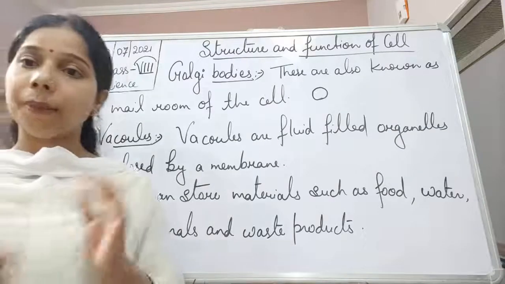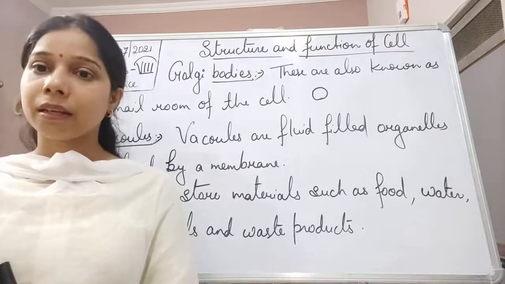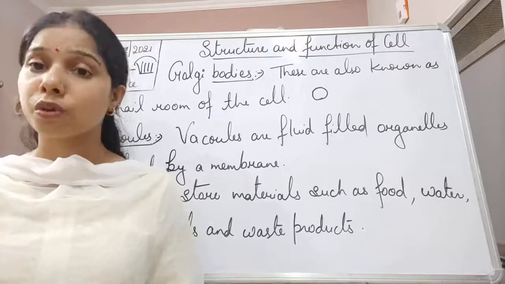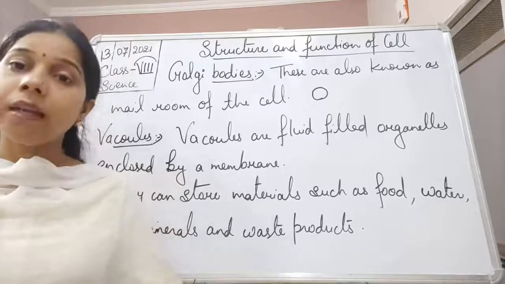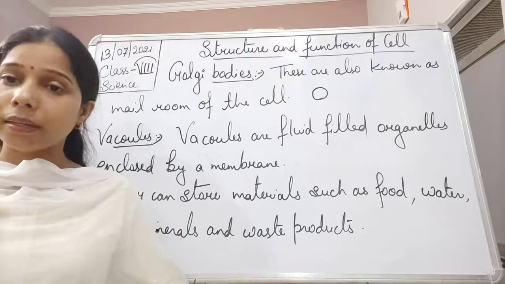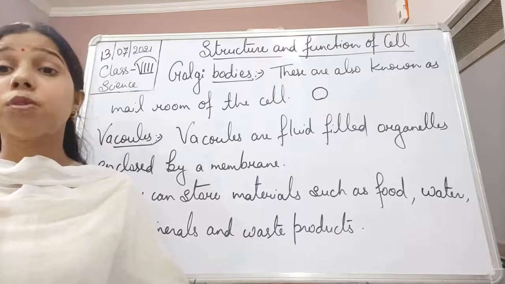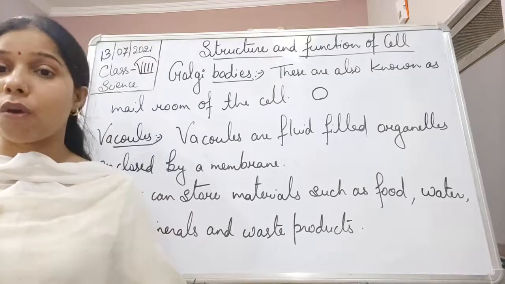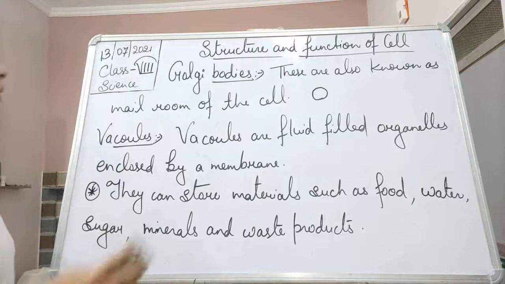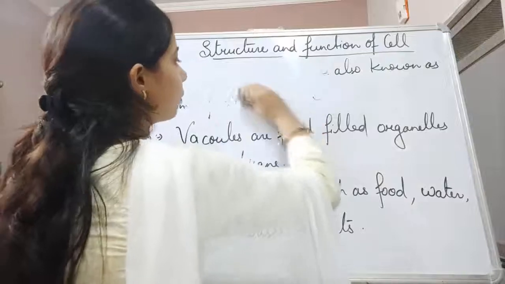Talking about the plant cell and the animal cell, students. When you look at the plant cell, it has a single large vacuole which covers most of the plant cell. While in an animal cell, the vacuoles present are smaller in size, and it is not only one but there can be many. Sometimes no vacuole is present in an animal cell. So that is what happens in the plant and animal cell.